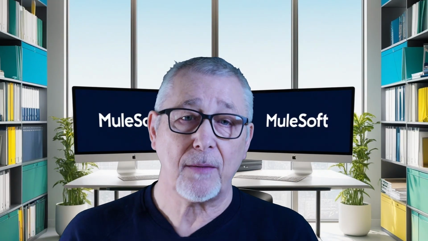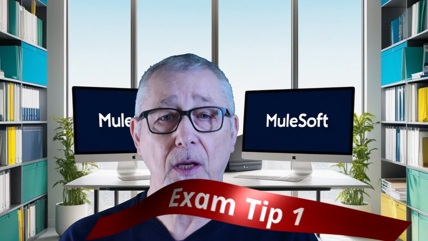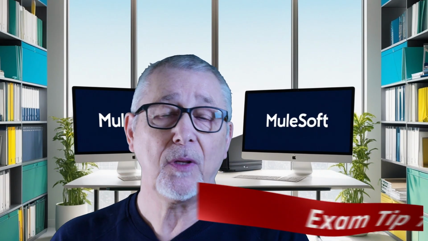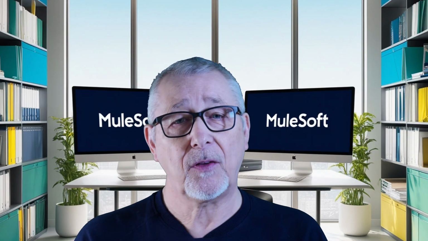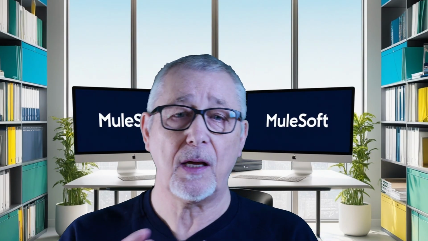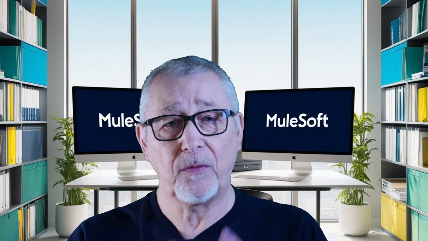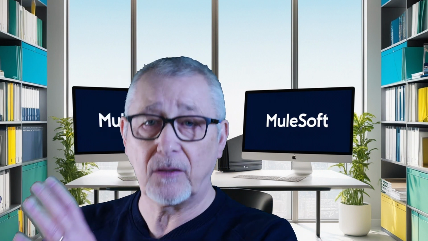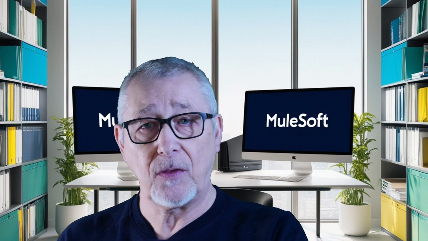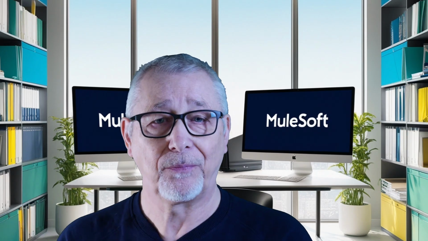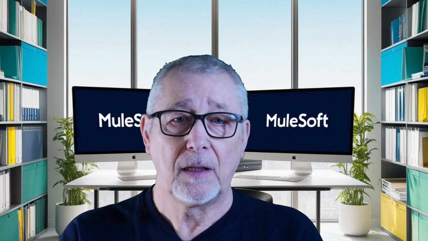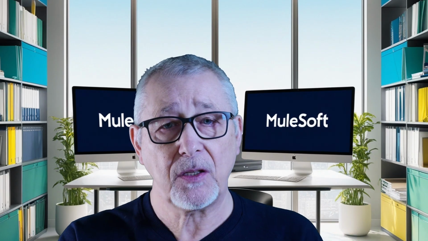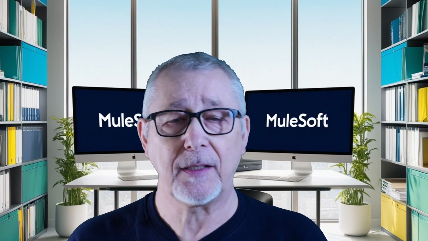Now, straight into exam tip 1. As I go through these roles, try to remember the key responsibilities of each role, as the question in the certification is likely to focus along the lines of what role provides this function, and they'll tell you a function that you then need to associate with the role. So with that in mind, let's get into the first role that I want to talk about today, which is